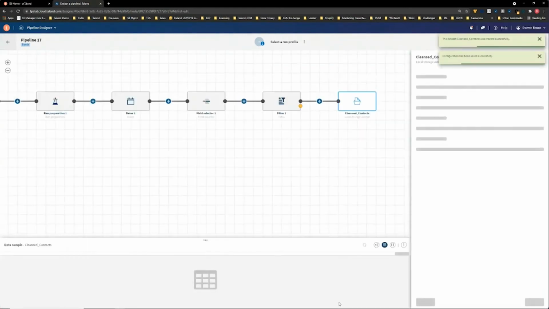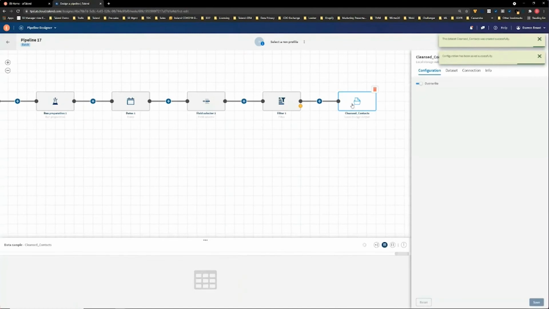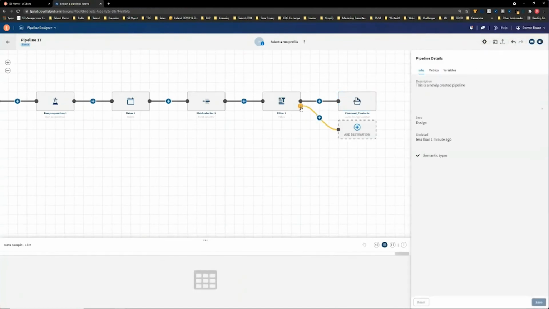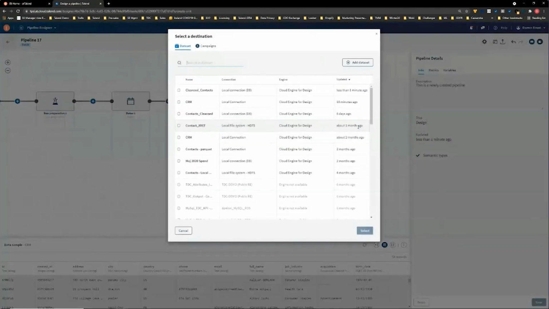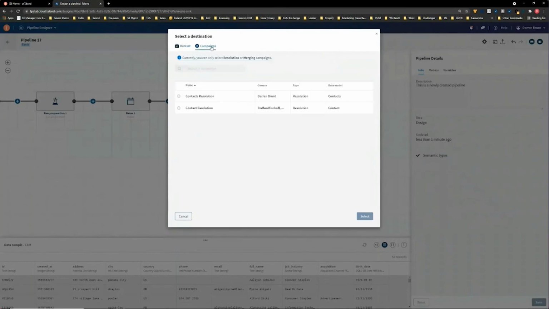And as that new data set is added to the inventory and created as a new outcome, not yet until we run the pipeline, I now can also take the alternative output from this filter, and that is very much about trapping those records that don't have a country or don't have an email address associated with them. And here I have the ability to add a destination, which is not a data resource or an application resource, but actually a stewardship campaign.